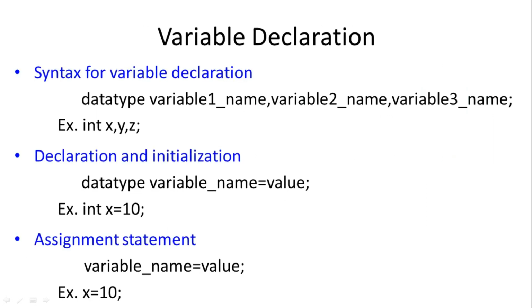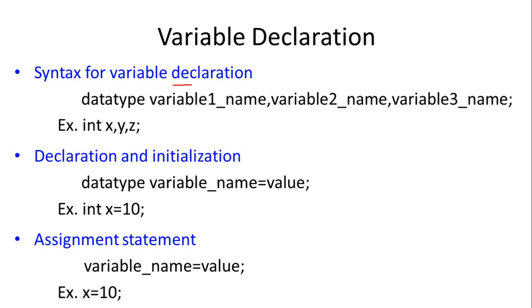Next thing is, how we can use variables in C++ programs. So for using variables in a C++ program, for example, we have taken the variable names as var1, var2, var3. Before assigning values to them, they must be declared initially. So how do we declare a variable in a C++ program?